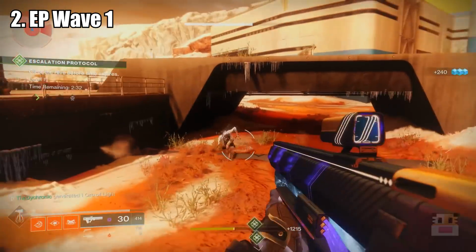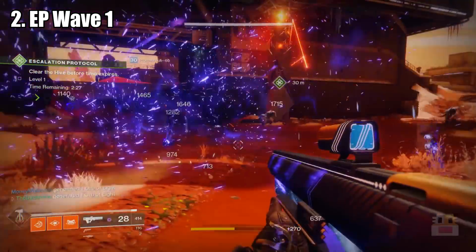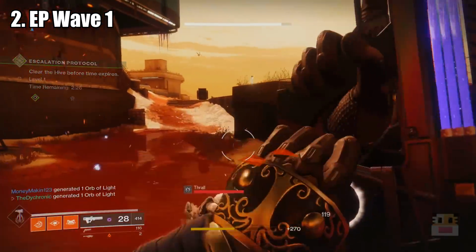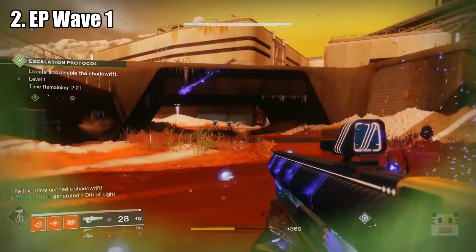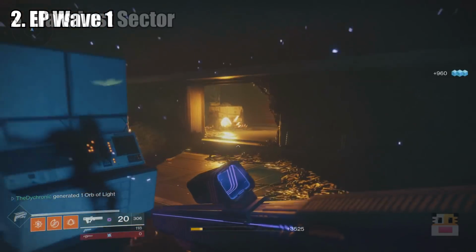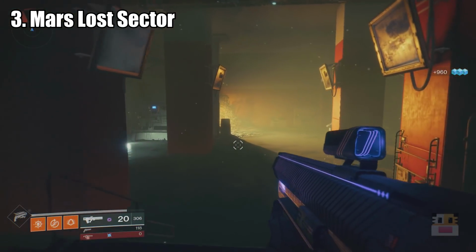That's gonna totally work. If you find there are too many allies in the area or they're already doing Escalation Protocol, go to the other areas and just keep going back and forth until you find an empty area and just do your strategy. This one is very inconsistent, so it's very difficult to do, but it is still very effective. Alternatively, if you want a more consistent strategy, the Lost Sector right next to it is much more consistent